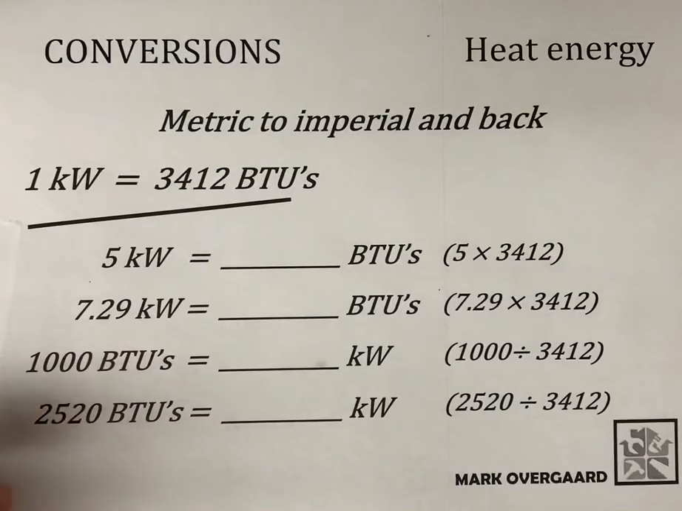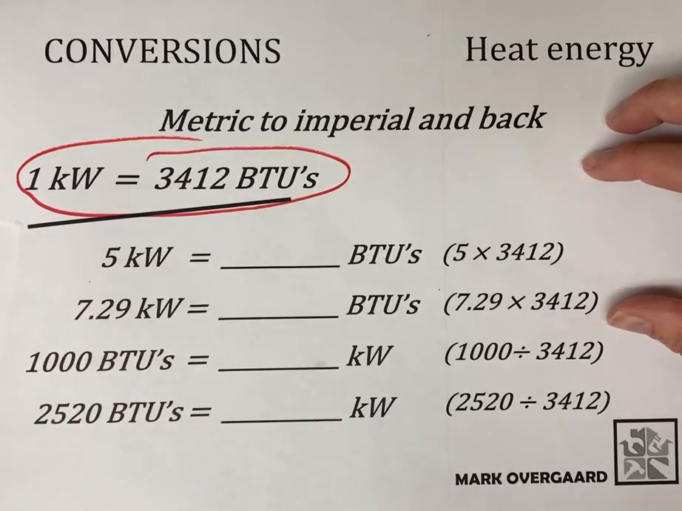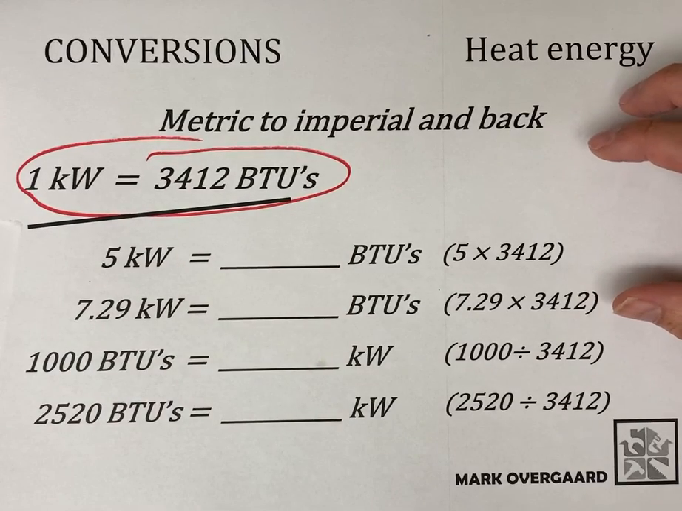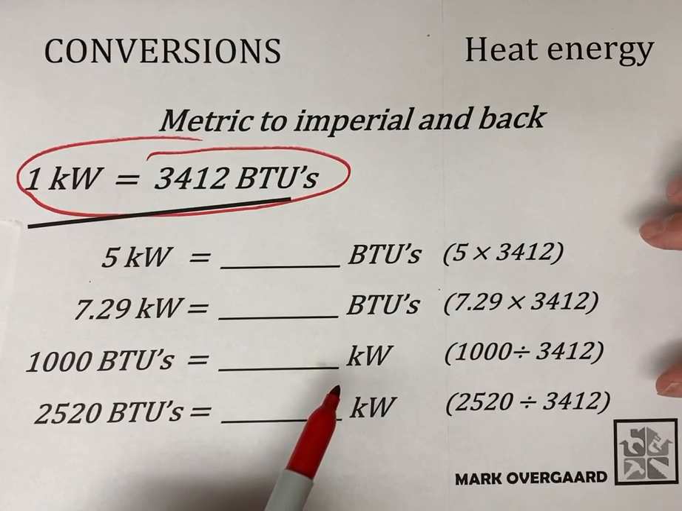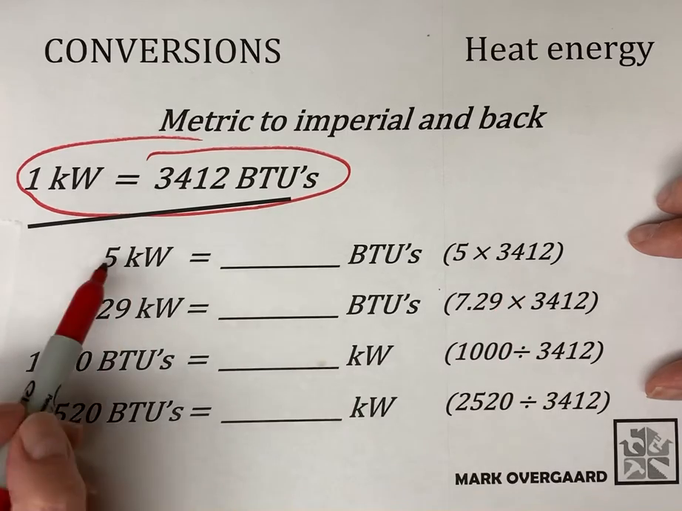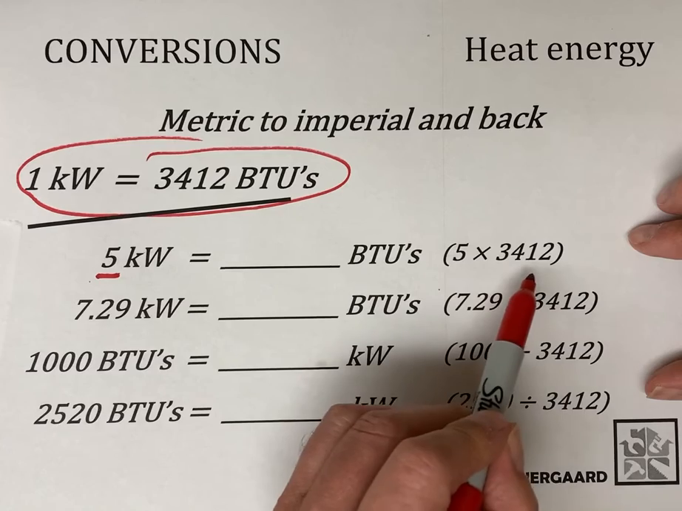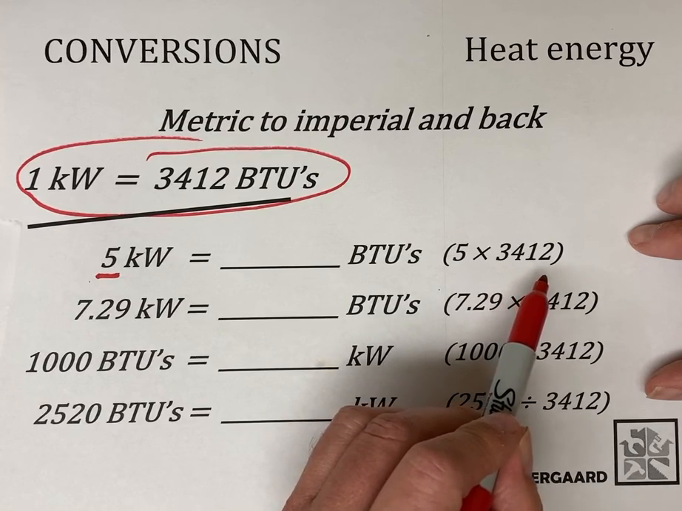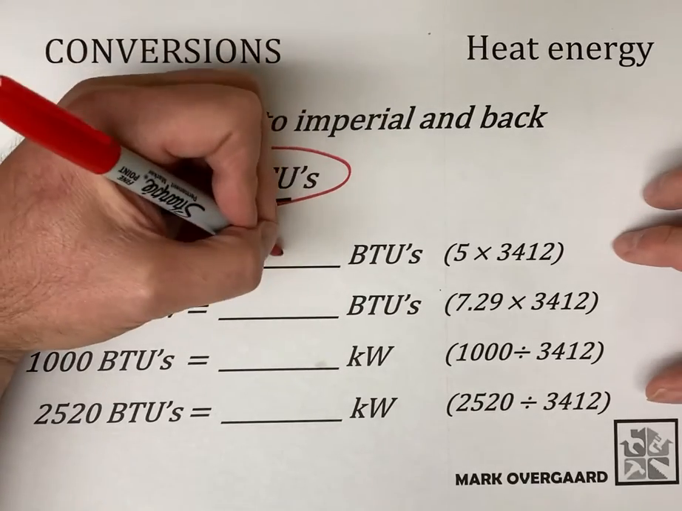Now, the best way to learn how to deal with this and do some conversions is to actually do a couple questions. So there we go. We got our starting point once again, 1 kilowatt, 3,412 BTUs. And so if we're going to go from kilowatts to BTUs, what we're going to do is multiply. So we're going to take the number of kilowatts, we got 5, and multiply them by the number of BTUs in a kilowatt. What we end up with is 17,060